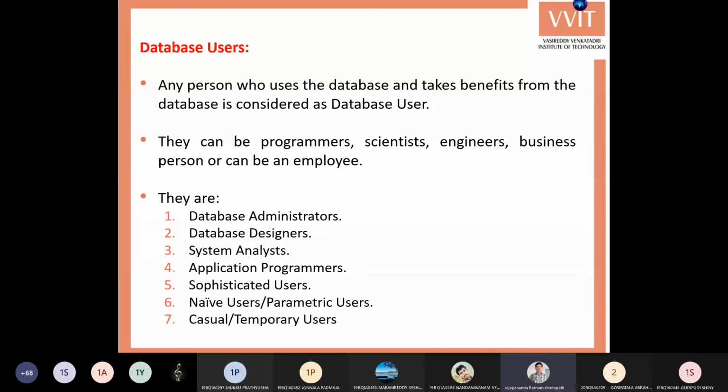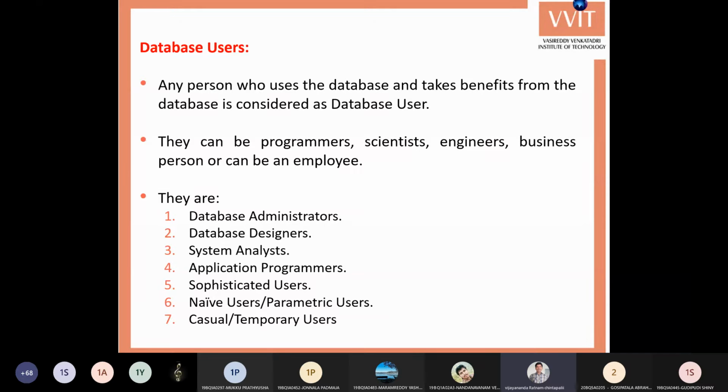These database users can be programmers, scientists, engineers, business people, or employees, whoever is working with or taking benefits from the database. Generally, database users fall into seven categories.